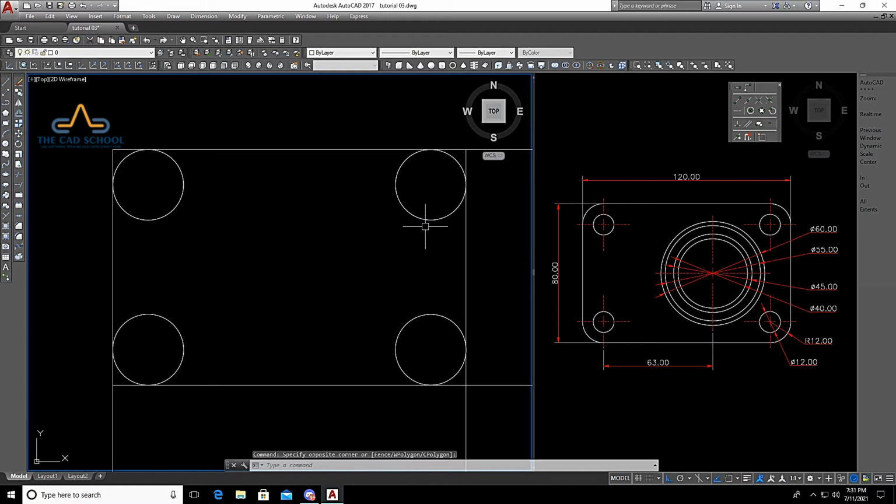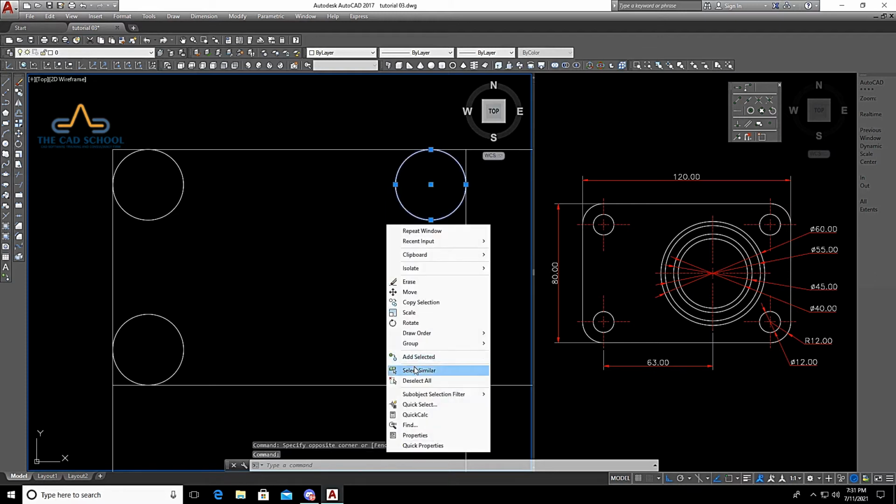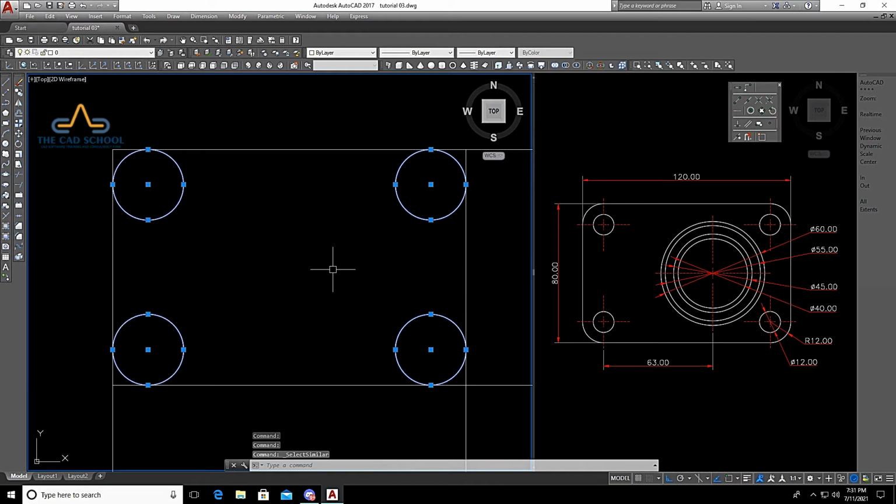So I will select one of the circles, then select similar. This is pre-selection of the cutting edges. So go to modify, select trim and then remove the unwanted portion of lines.